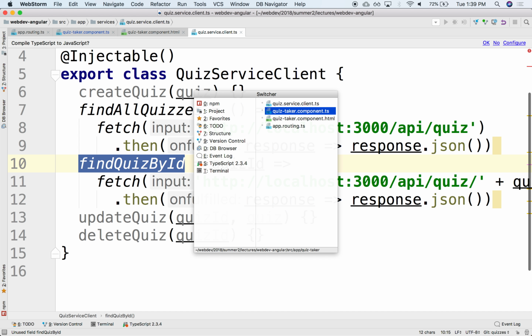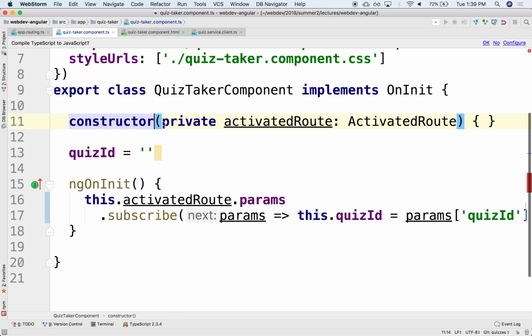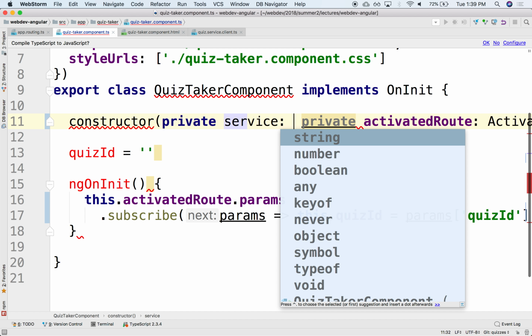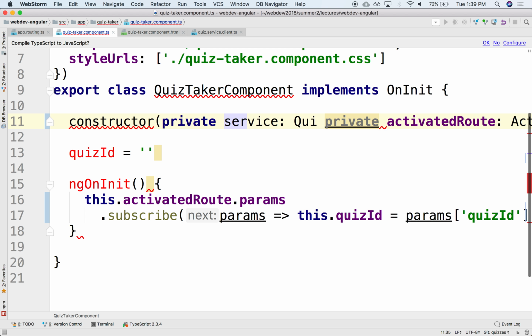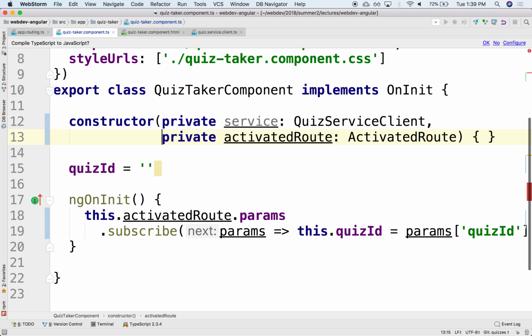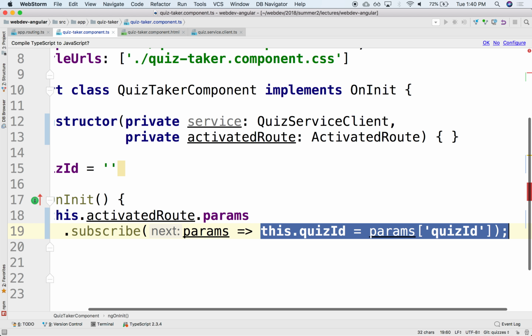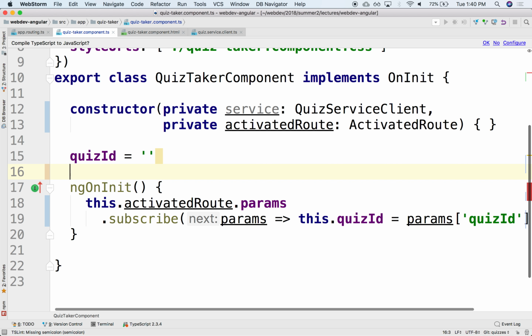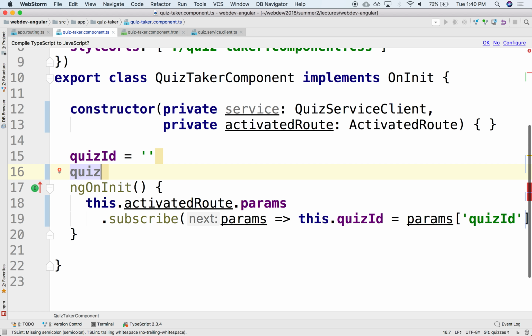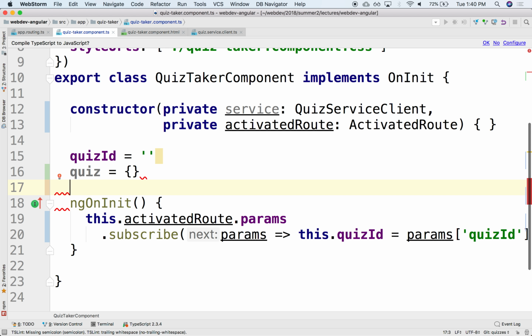So let's use it. From within the component, let's inject that service so that we can use it. So it will be private service, and it will be the quiz service client. All right, now that we have the quiz service client, we can now use it to go and fetch the quizzes using that function. So let's take a look at that. Instead of this .quiz, what we're going to do is declare here an array of quiz. No, not an array. Sorry, we want to retrieve the quiz, right? So it'll be an empty object for now. We're going to populate that quiz so that we can render it